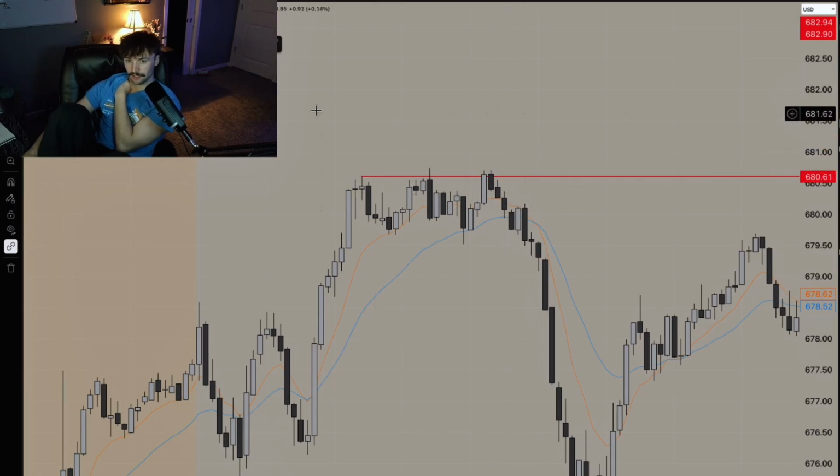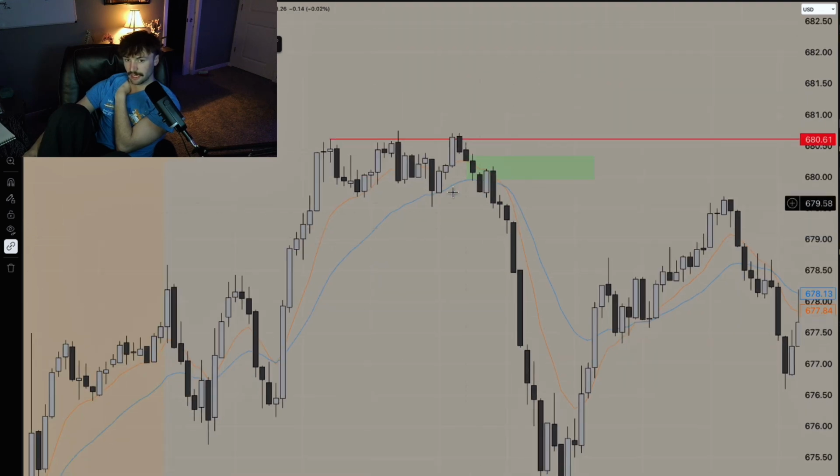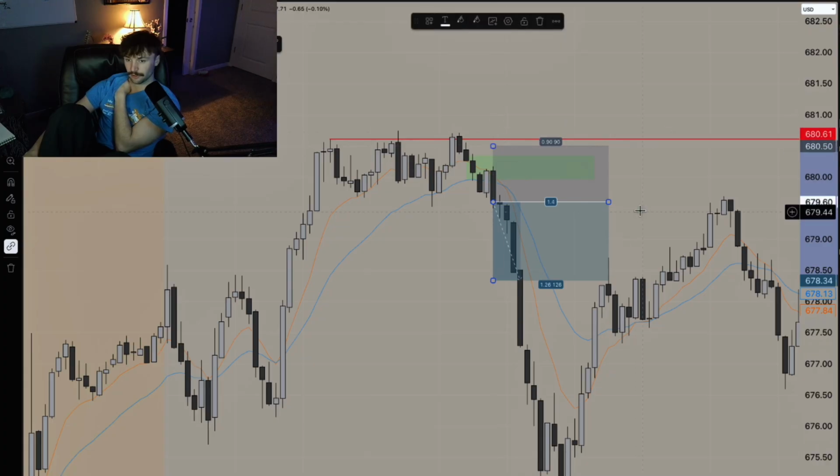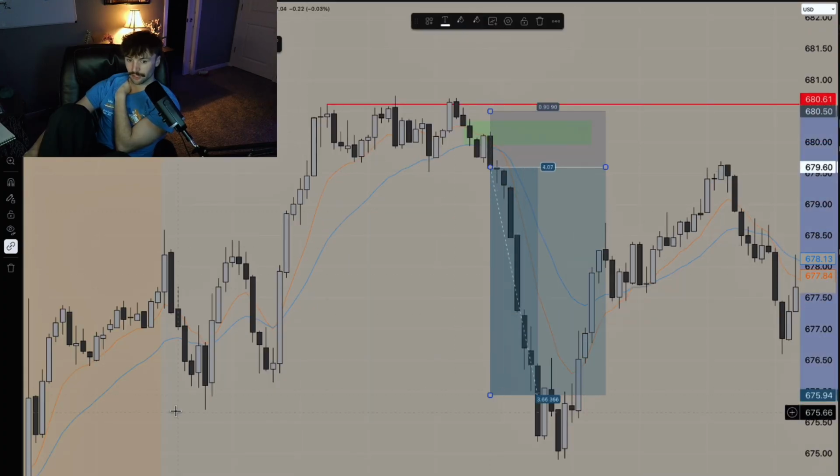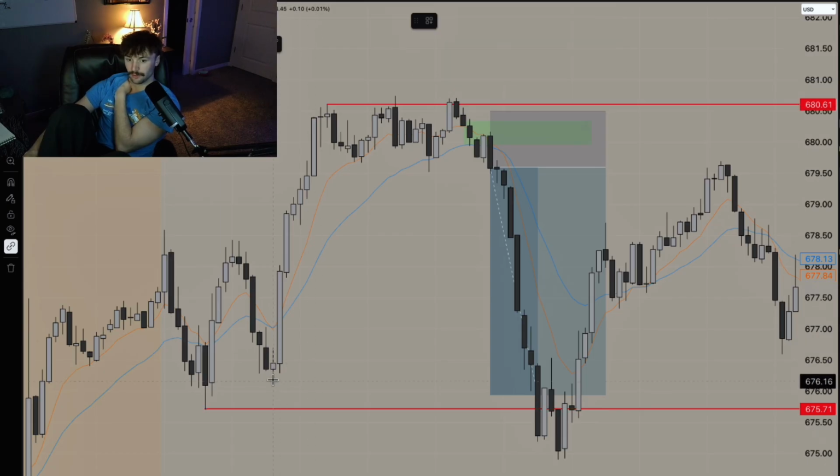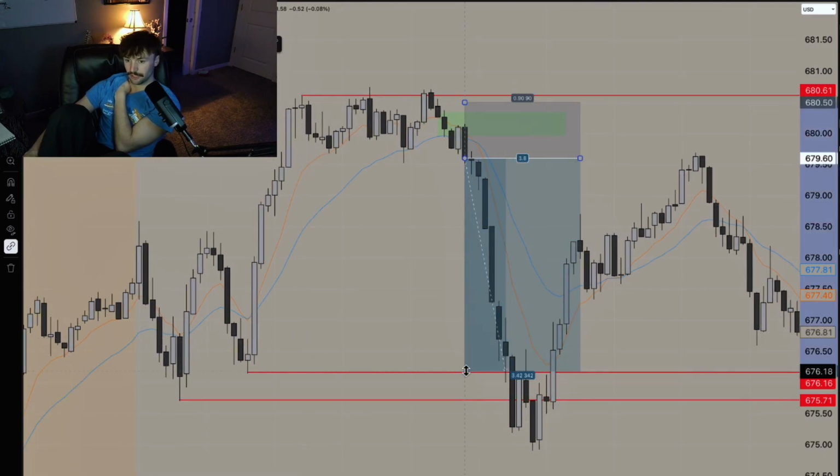Now we come back down and let's say we have a little fair value gap right here, right? We press into this fair value gap on the 3 minute and then press out of it. Well, we're looking for our entry once this candle closes. So we can go ahead and take this entry, put our stop loss a little bit above that fair value gap, and target the liquidity on this side, right? So our liquidity would be really these two areas. Okay, so we put our TP right here or right here, and boom, look at that